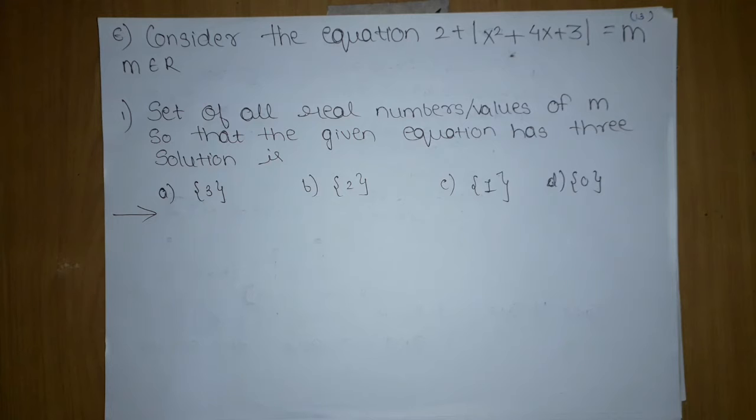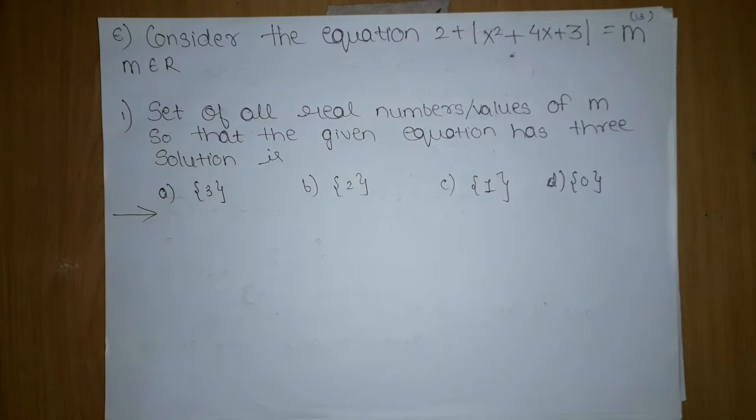The things which you can get from the comprehension: m is greater than 2 because m is modulus of something plus 2. One thing, m belongs to R. What do you mean by m belongs to R? This has a meaning that D greater than or equal to 0. You have to be curious why this has been given, and you should be able to pick the condition according to that. It means we will apply D greater than 0 at some point of the question if it is required. Further on, this is the equation.